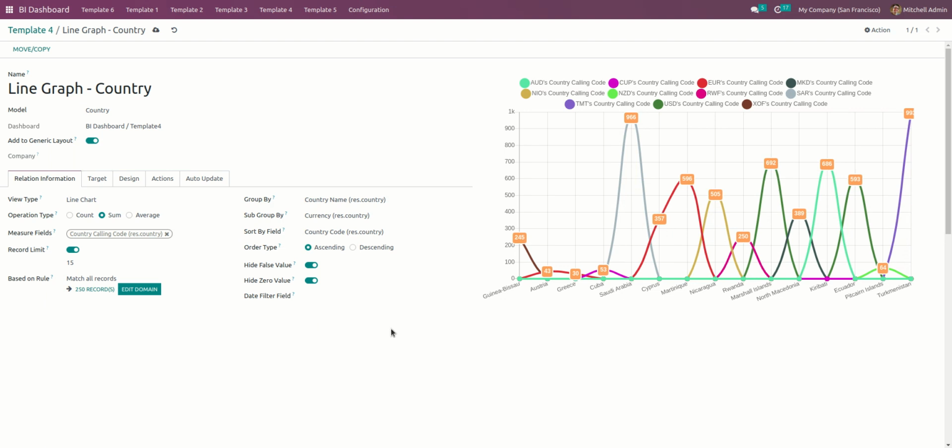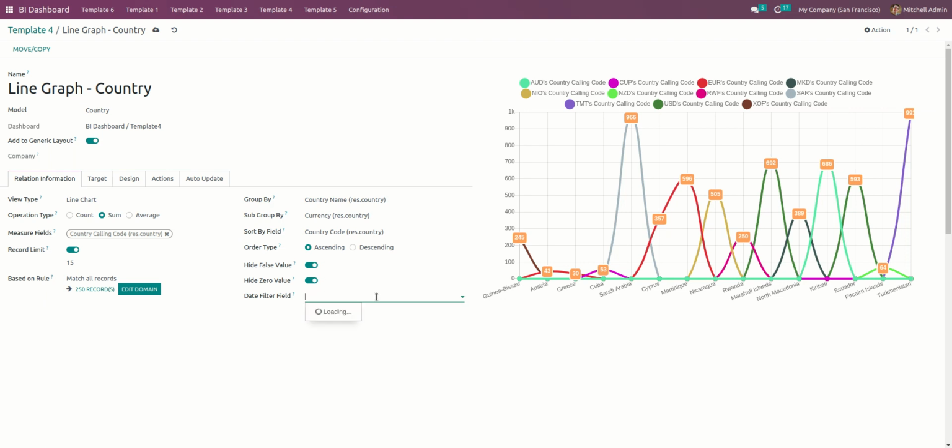When the data is represented from the records, there can be false or zero values, right? If you want to hide false and zero values from this graph representation and view, you can enable this toggle button as well.